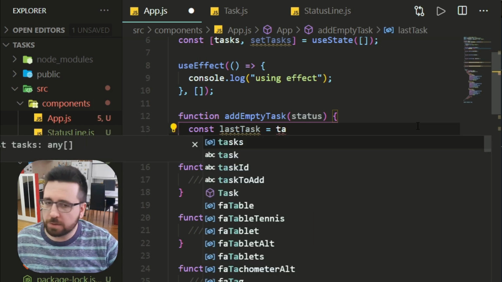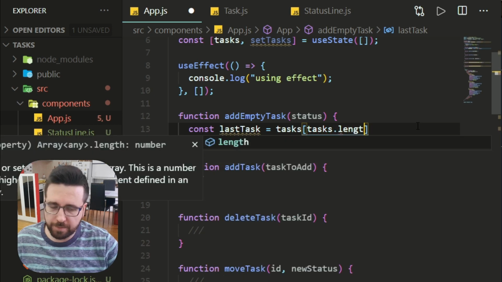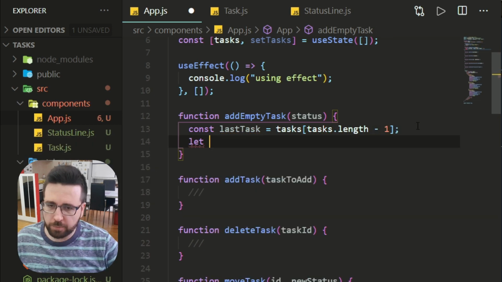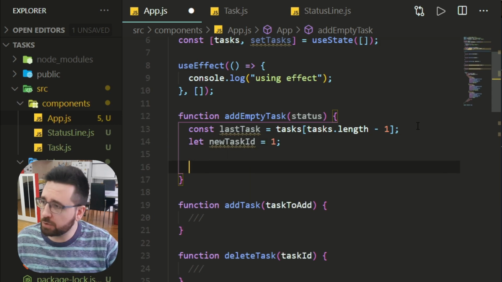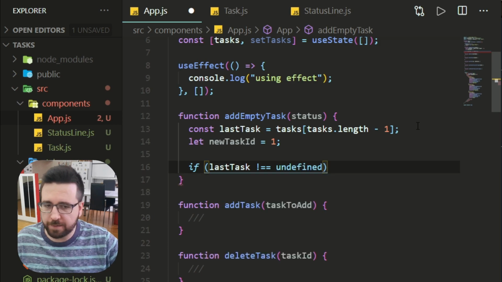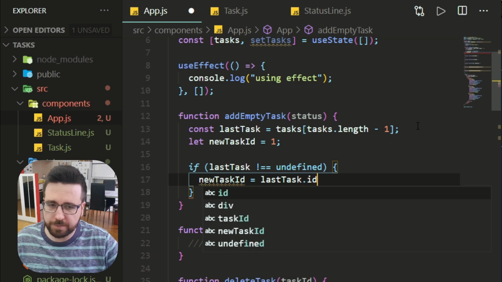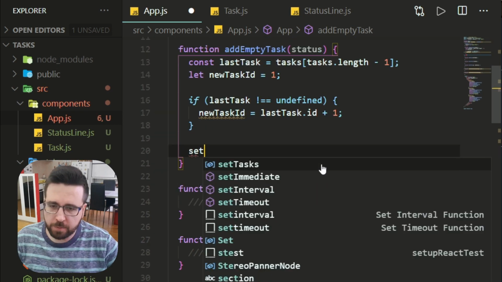So we're going to say last task equal to tasks, and in there we're going to pass in tasks.length -1, and we're going to say let new task ID equals 1. So this by default is going to be 1 if we don't find anything, and we are going to say if last task not equal to undefined, we're going to say new task ID equals last task dot ID +1,